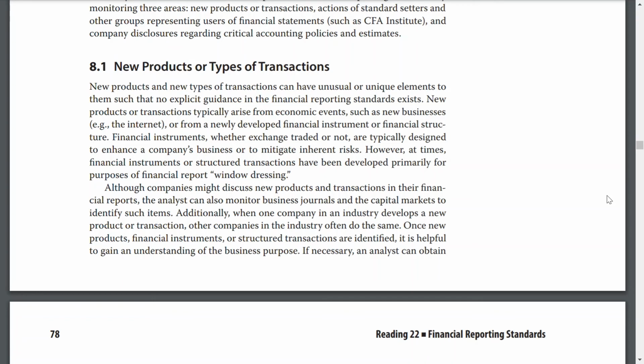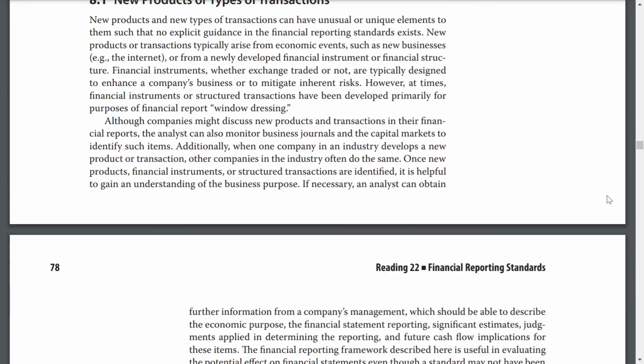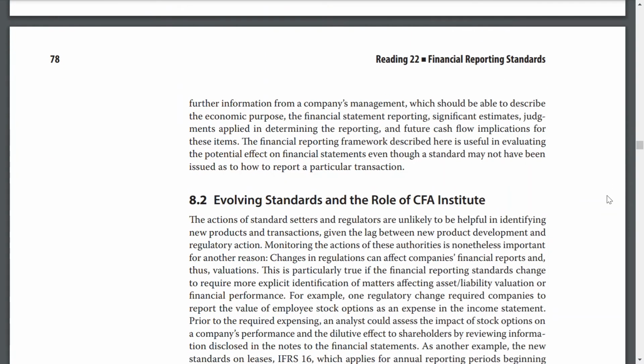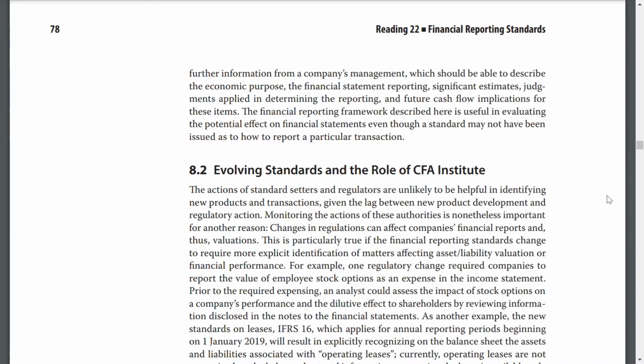to identify such items. Additionally, when one company in the industry develops a new product or transaction, other companies in the industry often do the same. Once new products, financial instruments, or structured transactions are identified, it helps to gain an understanding of business purposes. If necessary, an analyst can obtain further information from a company's management, which should be able to describe the economic purposes, financial statement reporting, significant estimates, and judgments applied in